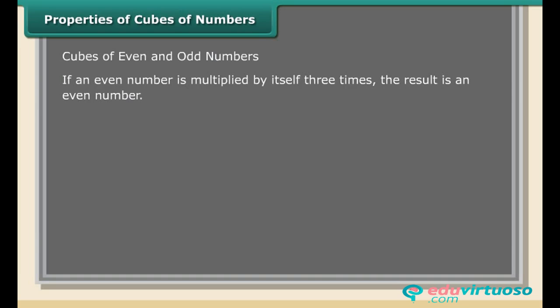Properties of cubes of numbers. Cubes of even and odd numbers. If an even number is multiplied by itself 3 times, the result is an even number. Examples: 2 into 2 into 2 is equal to 8. 6 into 6 into 6 is equal to 216. 12 into 12 into 12 is equal to